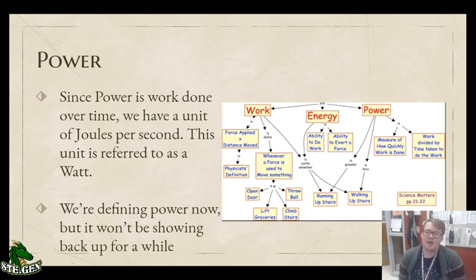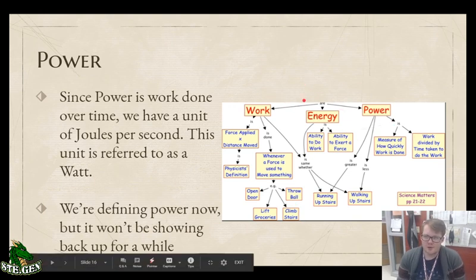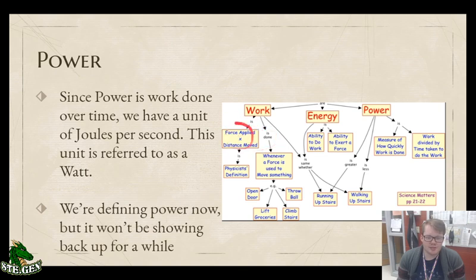It seems a little bit weird because power and energy and work all, again, seem kind of related to each other. And in day-to-day life, you may use them kind of interchangeably. But to go through this flow chart a little bit more clearly and break down the other parts here: work is a force applied times a distance moved, and that's the physics definition of it, at least. It's done whenever a force is used to move something, like open the door, lift groceries, climb stairs, or throw a ball. Energy is the ability to do that work or to exert a force,